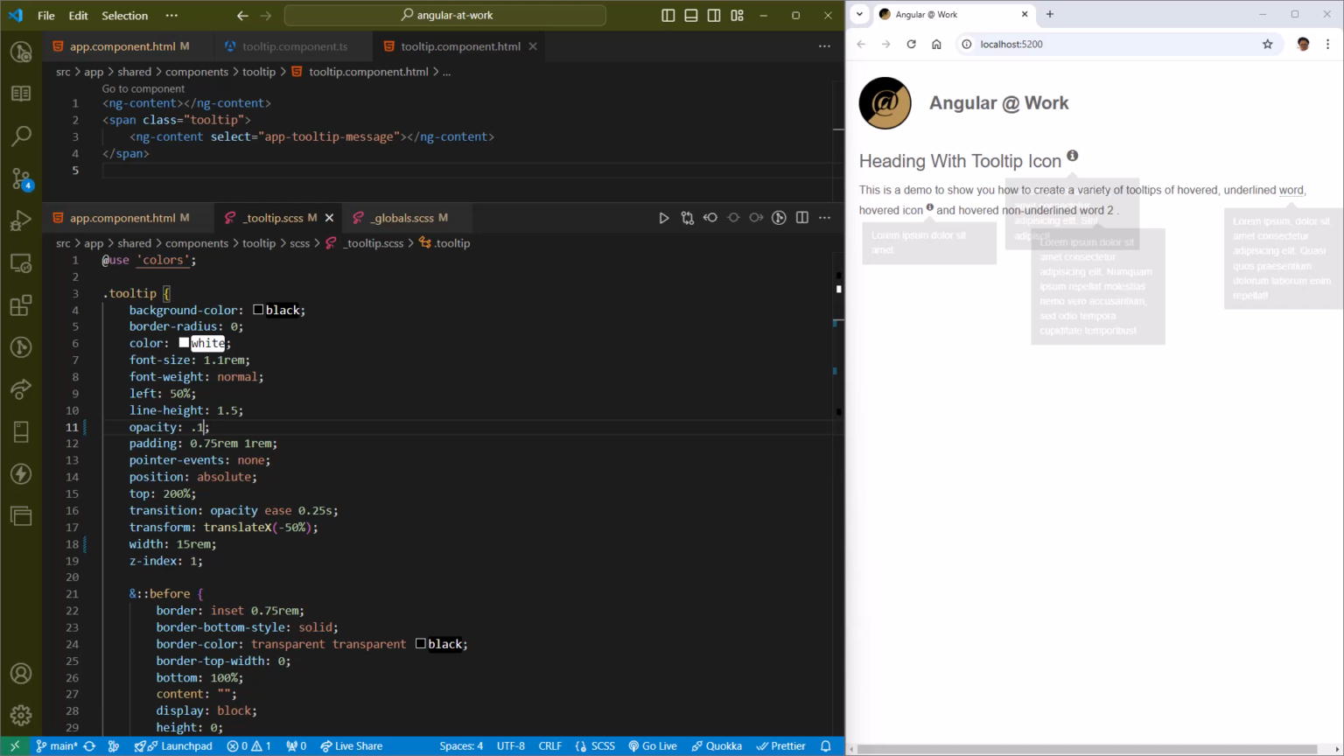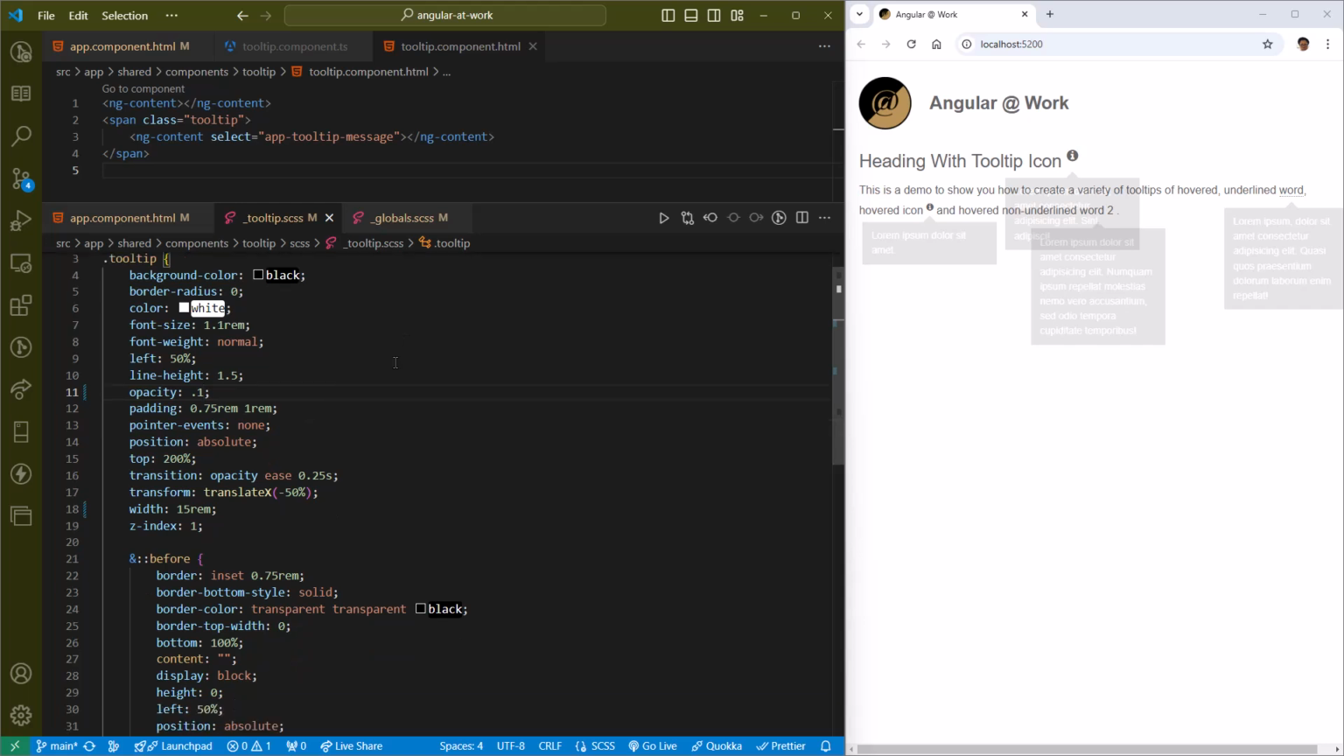So let's take a look at the property settings for the tooltip class. The black background is produced by using the background color property, and the border radius is removed from the containers. And when I show you in the darker version, you'll see that all of the tooltip containers have sharp angled borders. The font color is being set to white using the color property, and the font size is set to